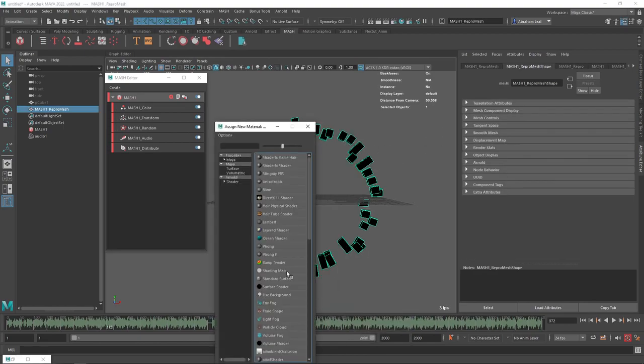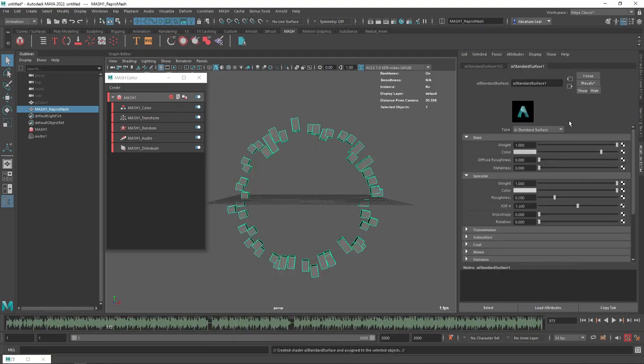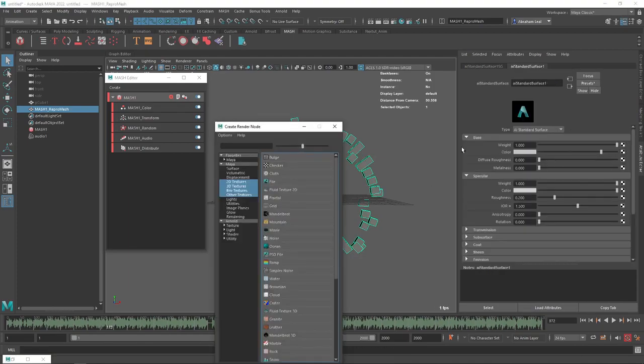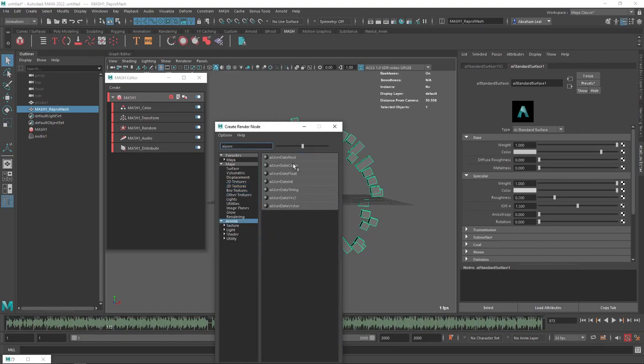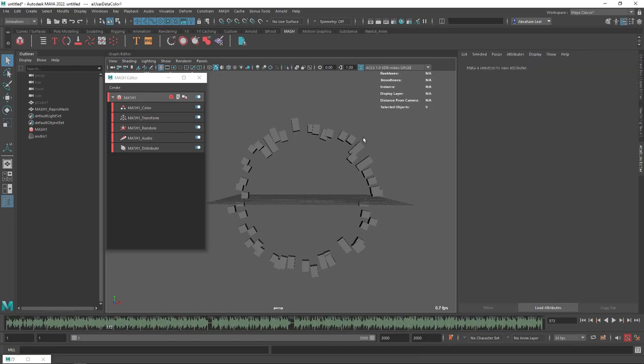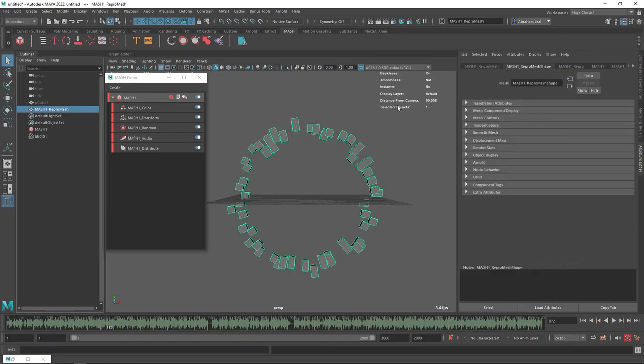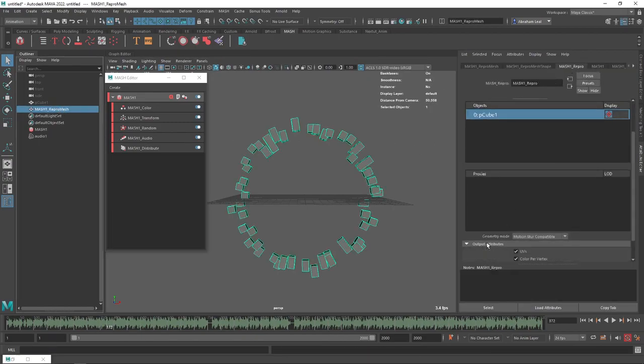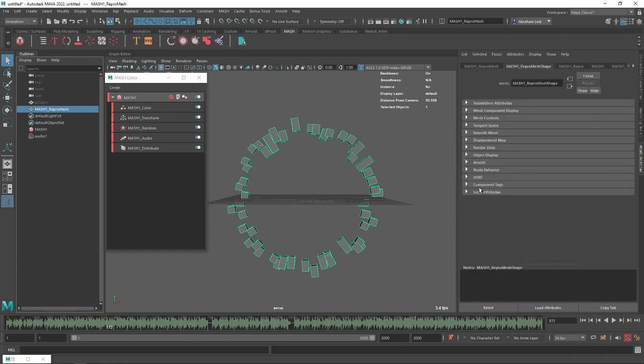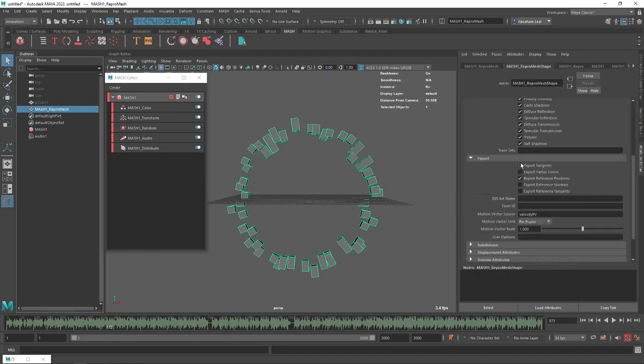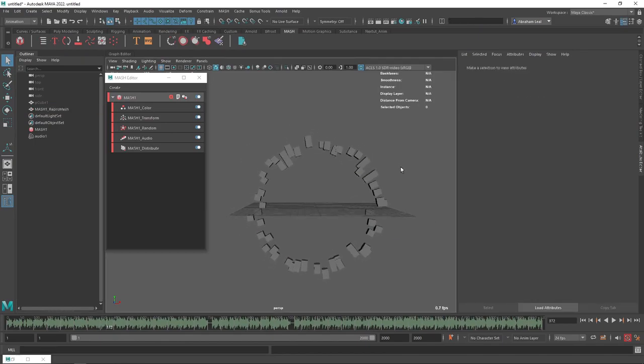I'm gonna assign a new material, Arnold, a standard surface. Let's go on the color. Remember, we add this AI user data color. We go here. That's the name of the color set. And then on the repro mesh, we make sure that we have on the output attributes color per vertex, and down here export vertex color. There we go. So if I were to render this real quick,